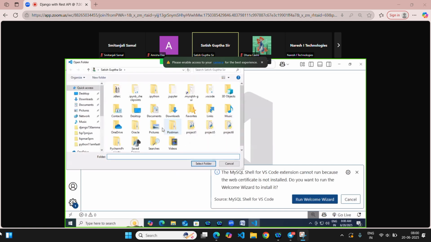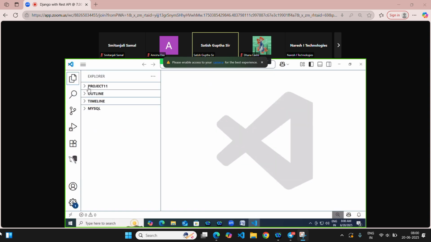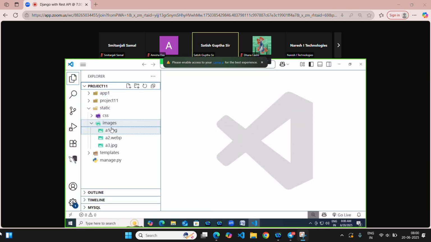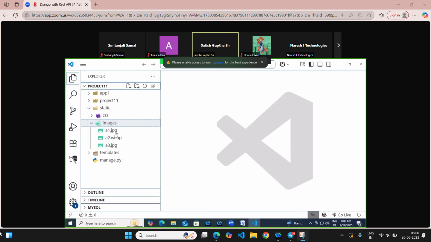So open the folder here. Now this is your project. Here I copied the images, and after creating all the images, the next step is what? Okay, now this is done. Next step is, just go to the